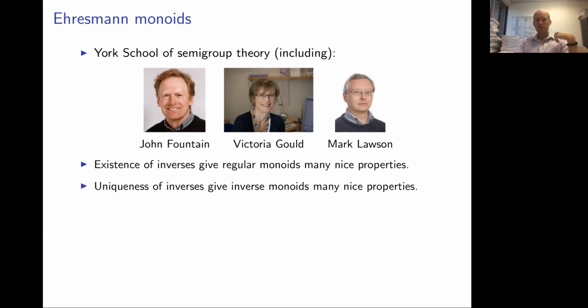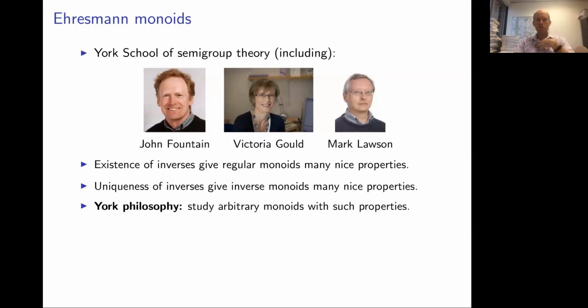Similarly with inverse monoids, it was the uniqueness of inverses implying certain properties, and it's these properties that are so important and special. So the philosophy was to study monoids that don't necessarily have inverses or unique inverses, but have some of these pleasant properties. And that led to the definition of many different families of semigroups. Probably the most famous ones are the abundant and ample ones, but there are so many generalizations,